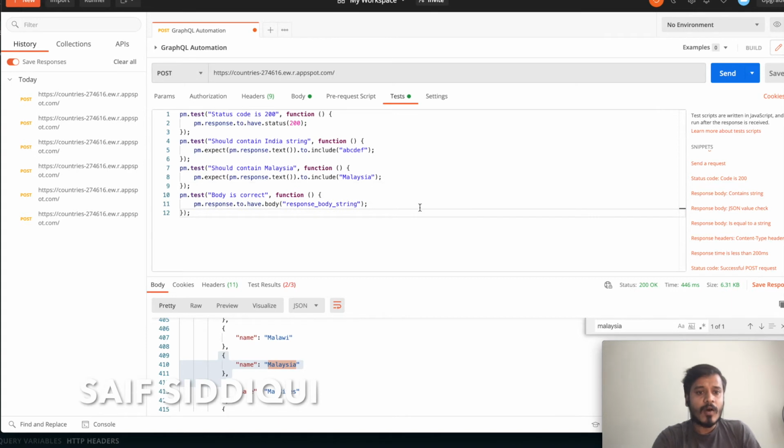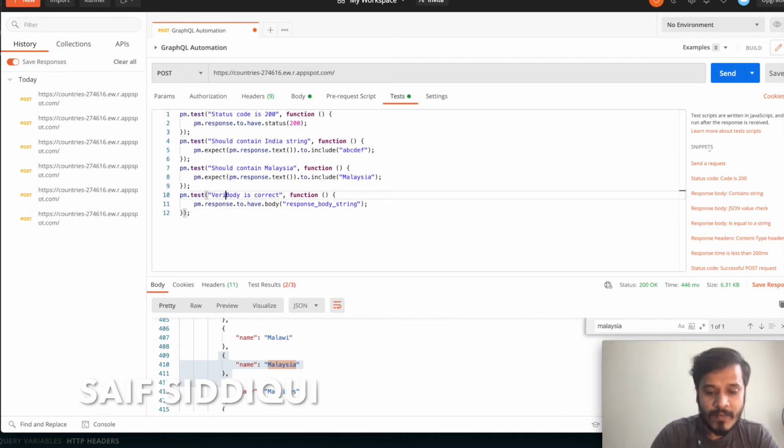Okay, we can automate this. So basically this will validate the whole body of the response that we are getting. So basically we can modify the test case to something like verify body is correct